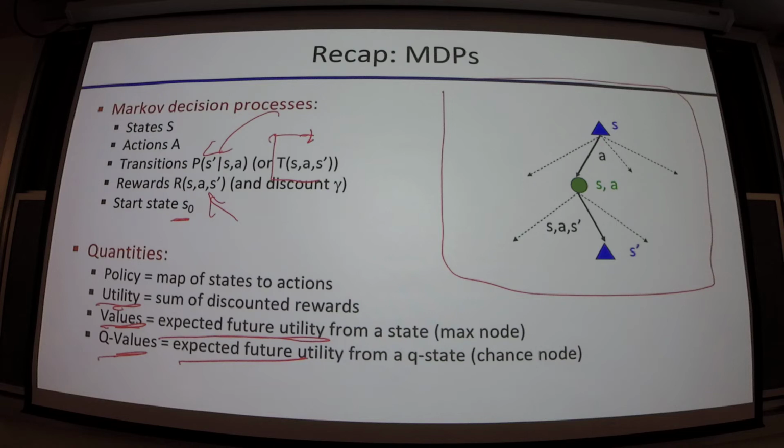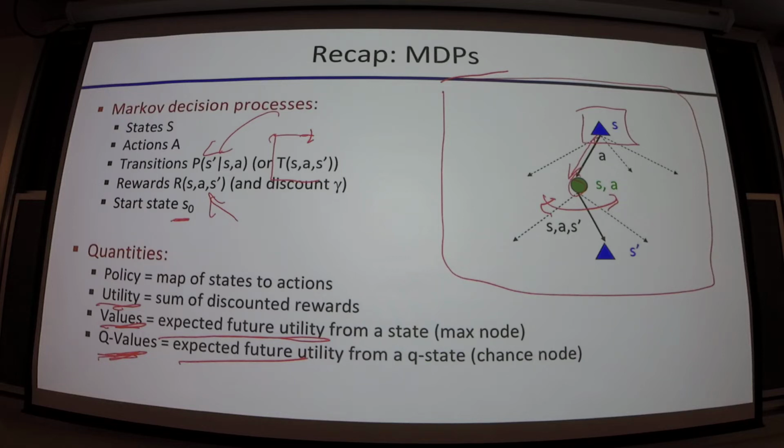we can relate it to our expect-max tree, the search tree that we'd spent so much time on. And the idea is that we have some state here. We're going to choose an action, the best action that we can, right? And that will place us in this Q state, which is a state in which we started in S, we chose action A, but S prime hasn't hit yet, right? The consequences of our action haven't resolved, but we have chosen the action, right? And these can have their own values, which is basically just the expected value over that possible outcome.